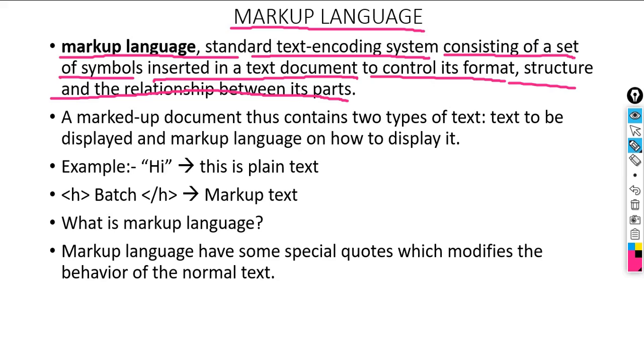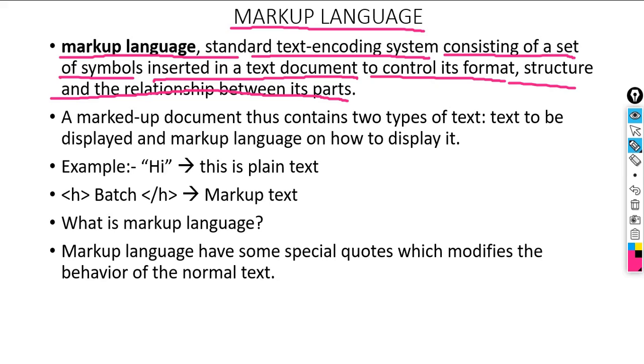These symbols are inserted in a text document to control that document's structure, format and relationship between different parts of the document.